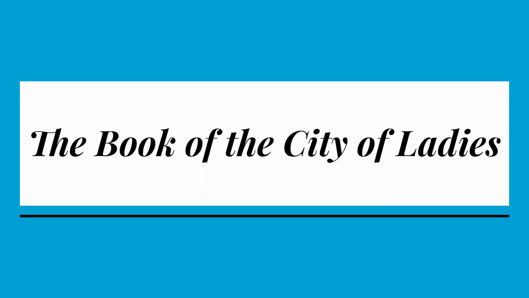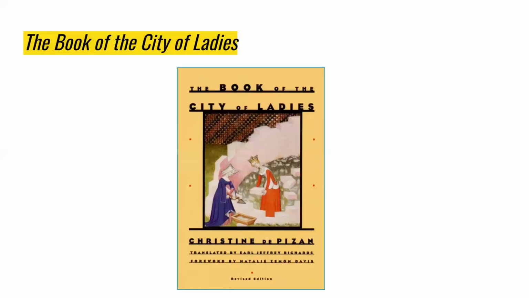The Book of the City of Ladies is a renowned work of literature by Christine de Pizan in the 15th century. Pizan constructs an elaborate city made up of three allegorical virtues: reason, rectitude, and justice. These personified virtues guide Christine through the city and help her gather and assemble a community of remarkable women, both real and fictional, from various historical periods. The city acts as a metaphorical sanctuary where women can find solace, recognition, and empowerment.